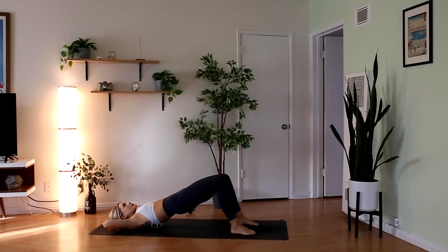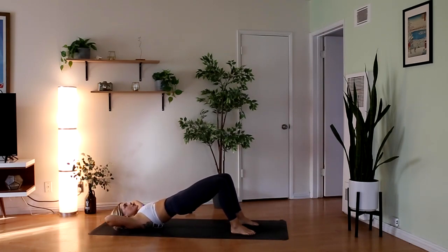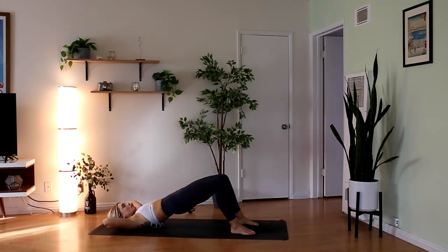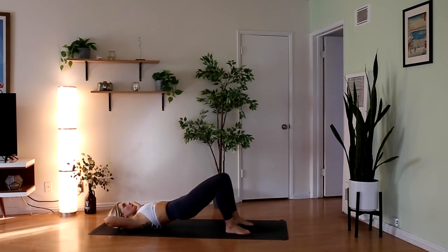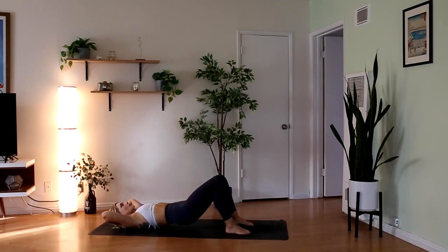keep going. Feel free to find your own pace. Maybe you'd like to find a longer hold, but try to find that little catch of each posture at the top point, right? So we crunch and hold for a tiny little second, drop it down. We bridge, hold for a tiny little second, everything is engaged. Drop it down, keep going, crunch, take it down, we bridge, take it down, we crunch, take it down, we